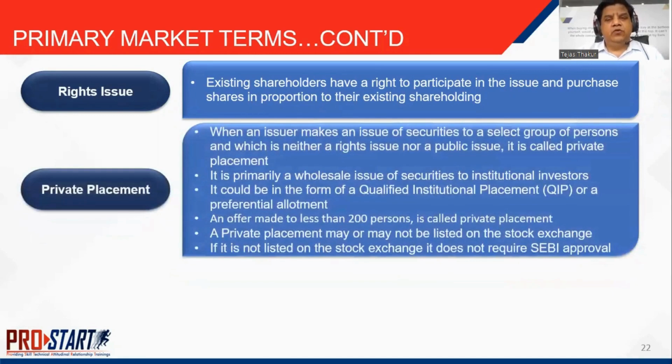Private placement. When I go to a select group of persons, but this is not a rights issue or a public issue, then it is known as a private placement. Typically, it's nothing but wholesaling to institutional players. It could be in the form of QIP or preferred allotment. Now, private placement minimum offer has to be made to less than 200 persons. So if I make a private placement to 200 or less people,